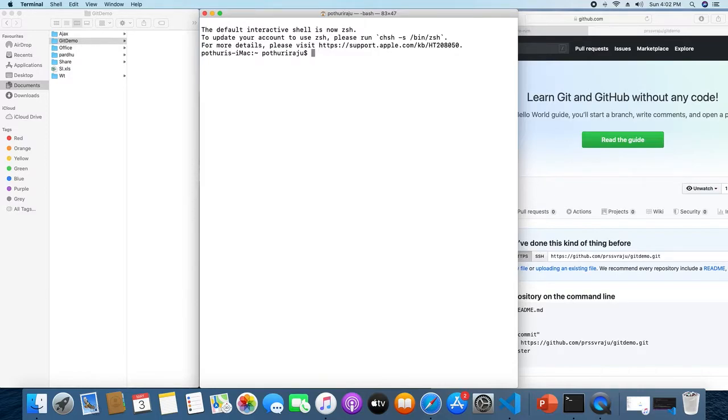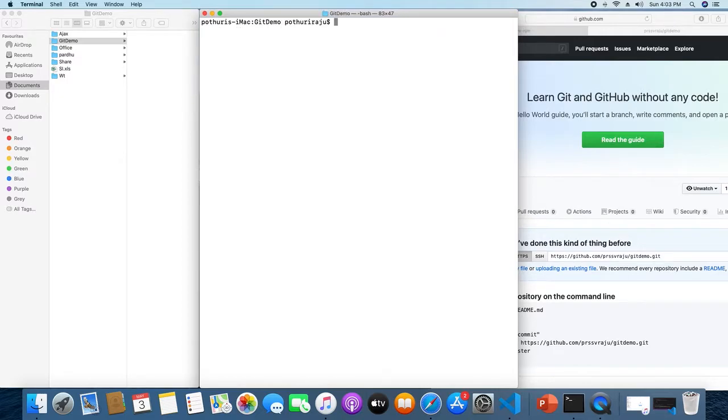initialize git in that specific directory. So currently I am in my user, so I need to change into documents. In that I need to go to a directory called git demo. Okay, and here I need to initialize this directory with Git. So I need to write a command called git init. Now this directory has created files, you can see a .git folder. Now this directory is going to be called a git directory.